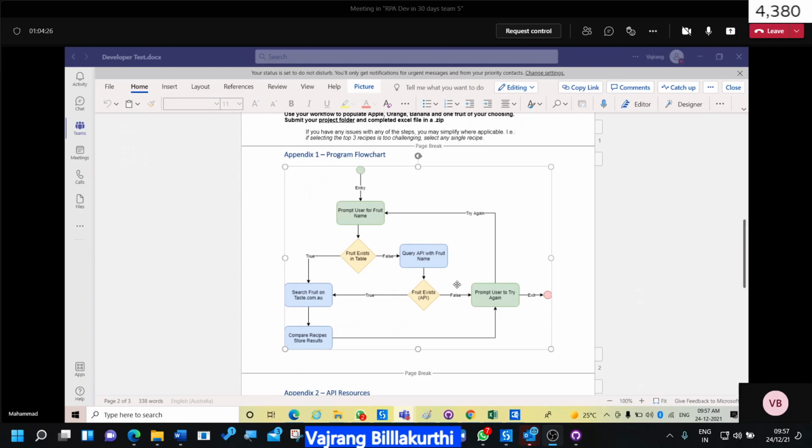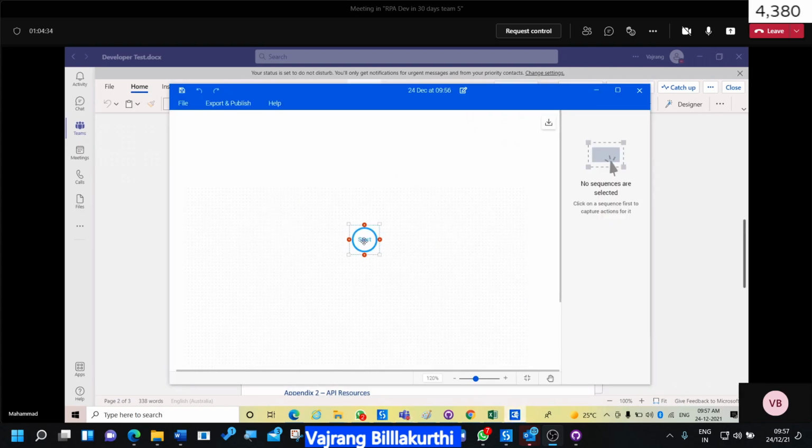But in order to capture the flowchart, the first step is a start, right? A decision.